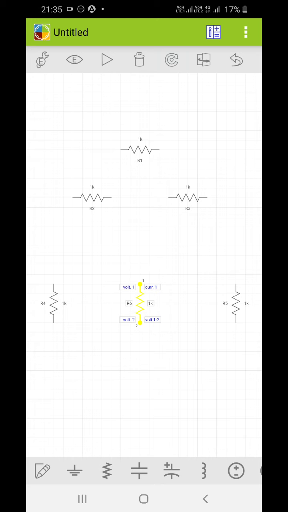Now I will require two voltage sources, and these DC sources are available over here. Just click on them, you can get those. Okay, just again click on it. Okay, now you have to connect them. You can connect them using this wire symbol, so click on it. Yes, and every time you click on it you will get a new wire. So every time you have to click on this wire to connect the two components.